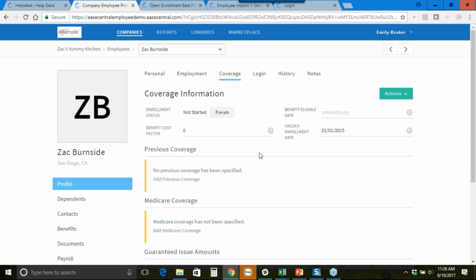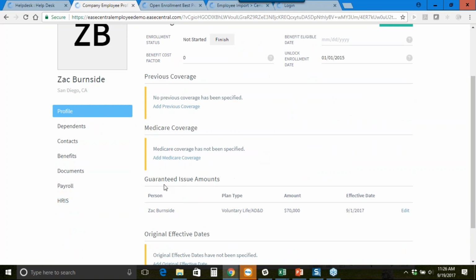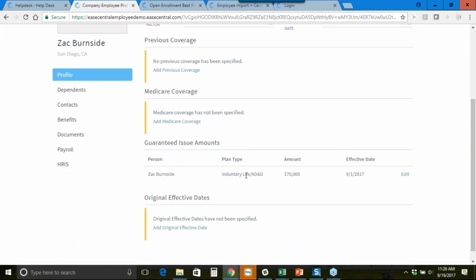Yes, it's on the coverage tab here. So what will happen, the way this is currently set up, is Zach can get $70,000 without needing evidence of insurability. So depending on your plan rules, you may need to either update employees' guaranteed issue amounts or add them to their profile. So let's do a scenario where the employee can increase their amount of coverage by 1 increment